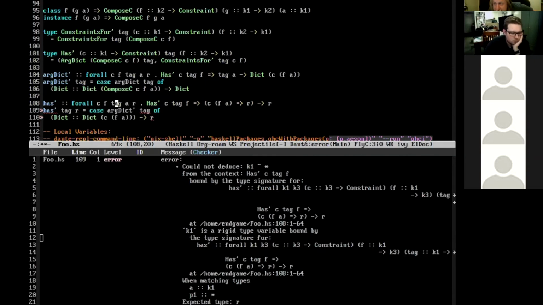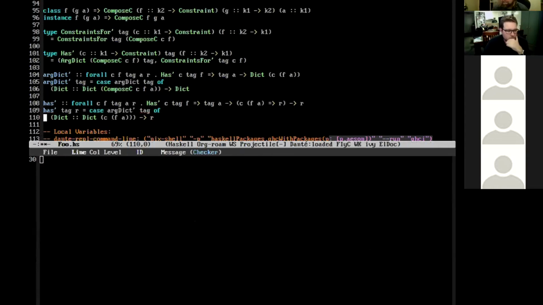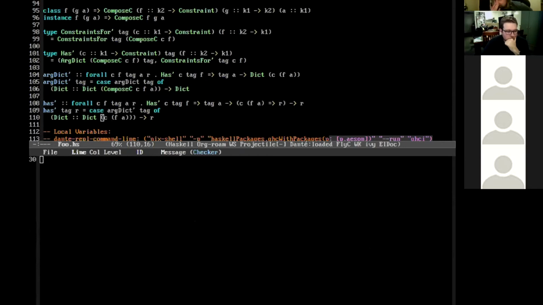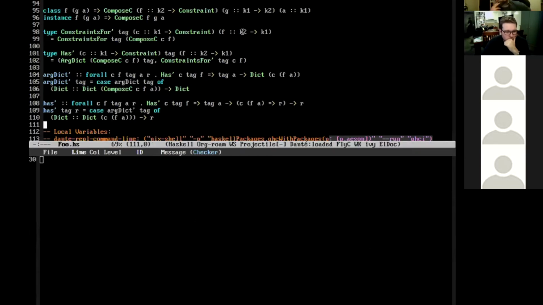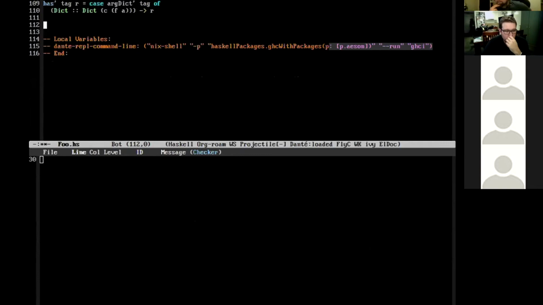Has prime C tagger. Oh, you name the tag as well. There we go. So this gives us has generalized to accept a functor parameter as well. And then this gets us all the way to be able to start writing proper generic instances for dependent sums.